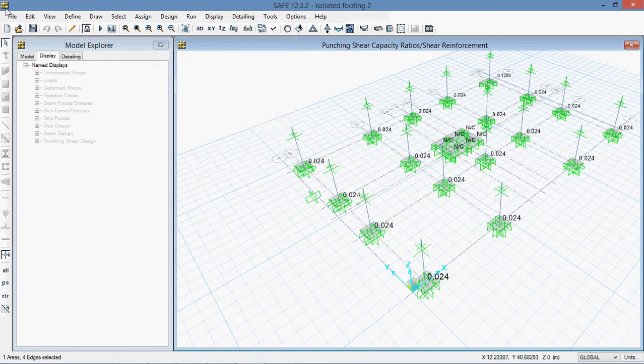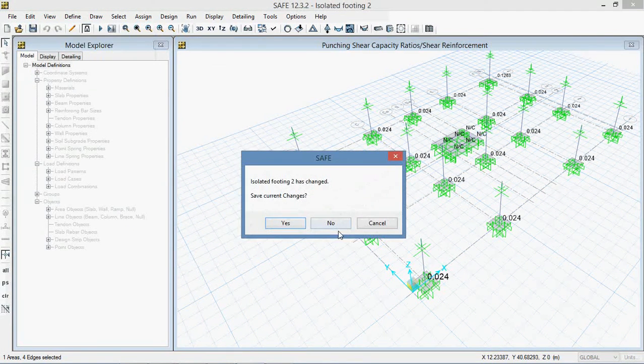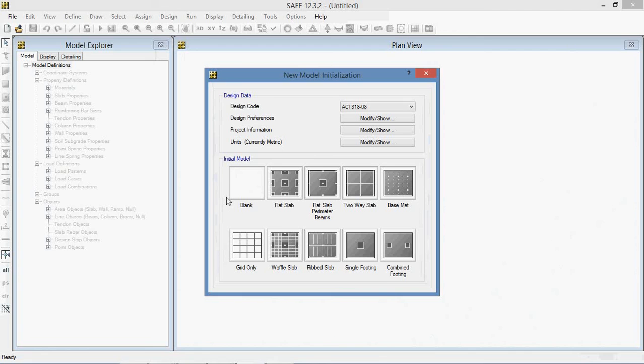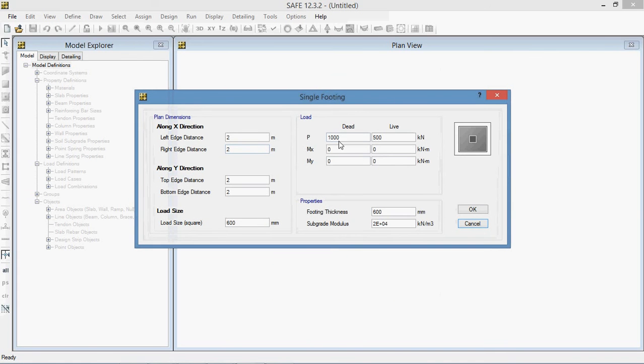new kind of template. For example, they have given a separate template to see the effect of a single isolated footing. You can click here, single footing, and then you can give the loads, all loading values here, dead load and live load, and then left edge distance, like the size of footing 1.2 meter, 1.2 meter,